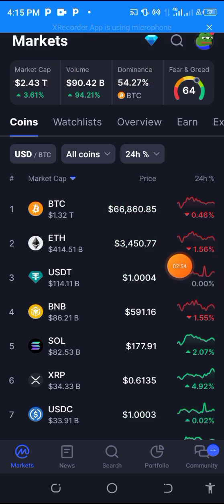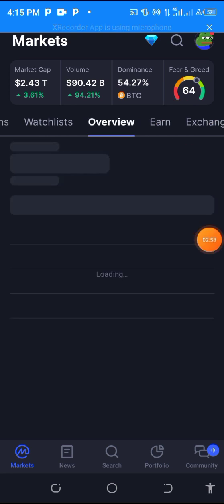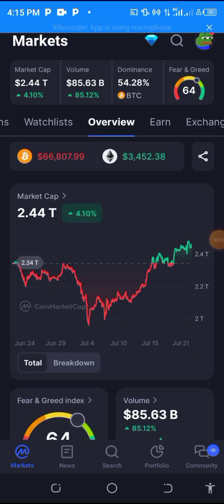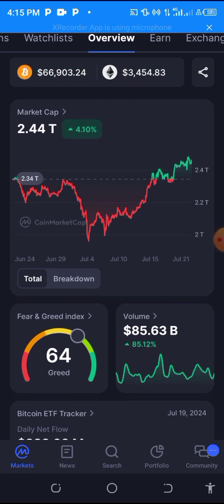You switch over to this place, just click right here, and this is called the fear and greed index. Currently, we are at 64 on the fear and greed index. There are different colors on this index. When the knob is on the red, this knob right here is on the red,